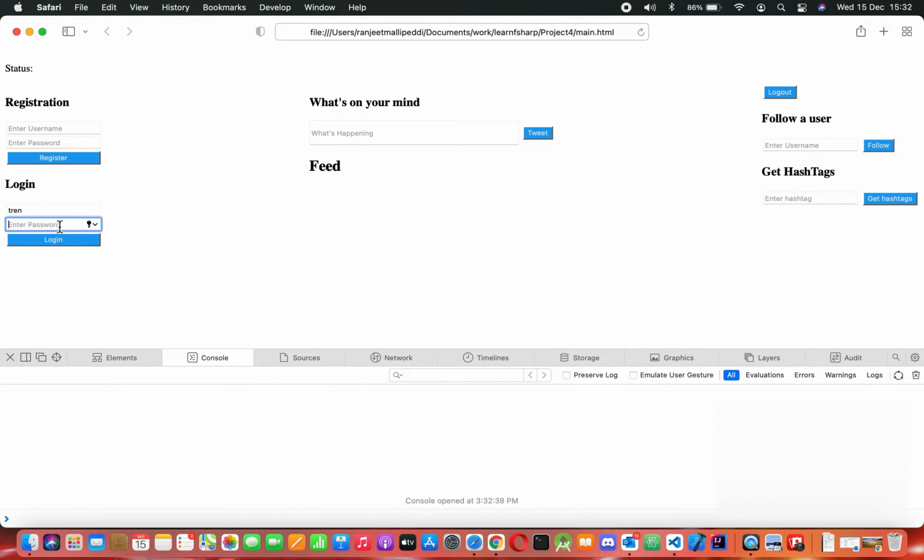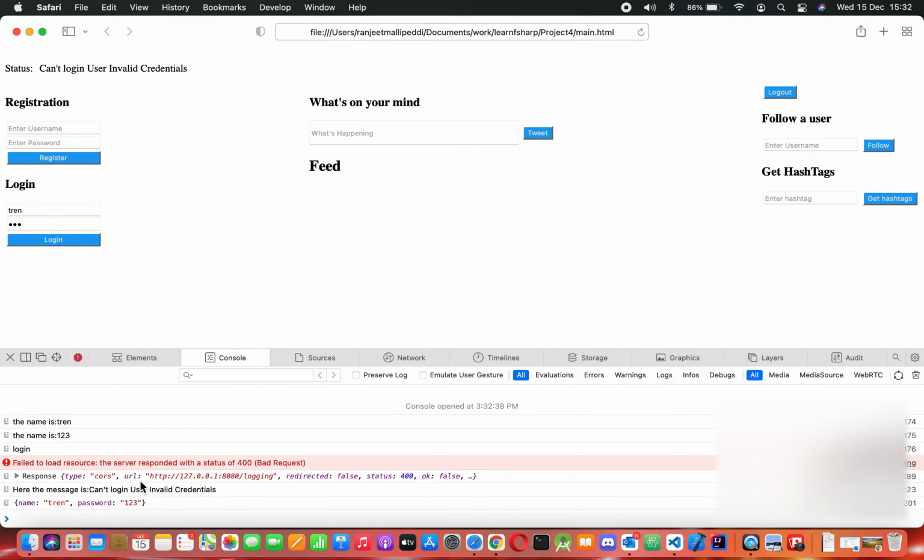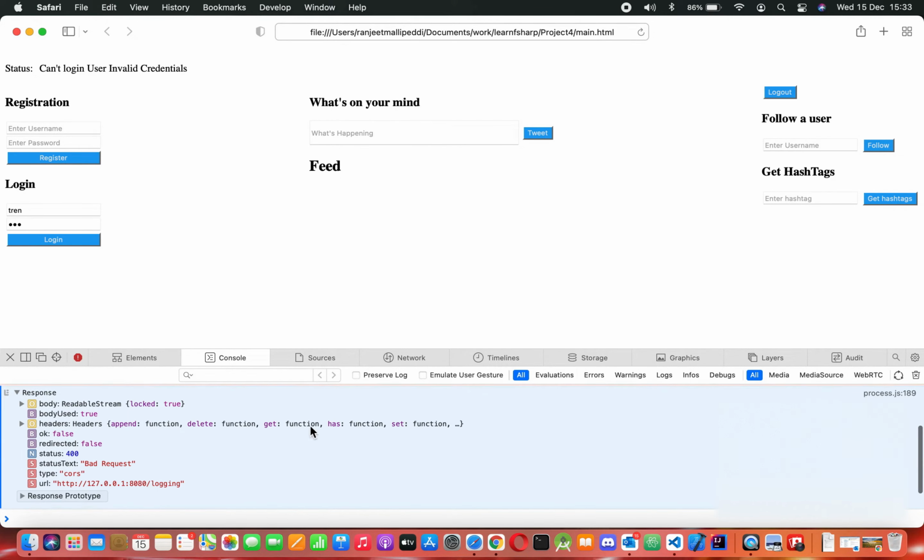Let's give wrong credentials. As you can see here, I have given an incorrect username, and as soon as I do that, I get a bad request error response from the server because I have given incorrect credentials. We also get a response saying that the status is 400 and it's not acceptable. Here it gets updated in the status bar saying that the login